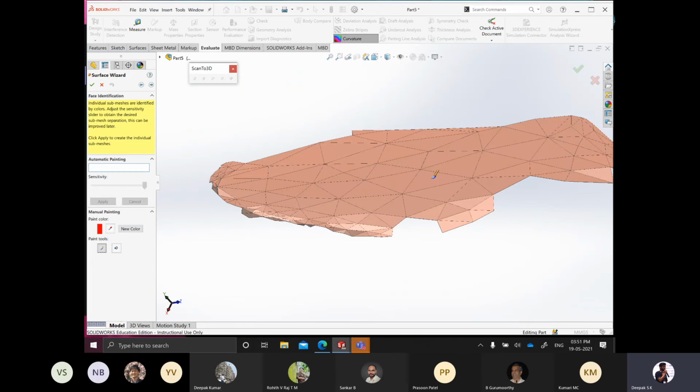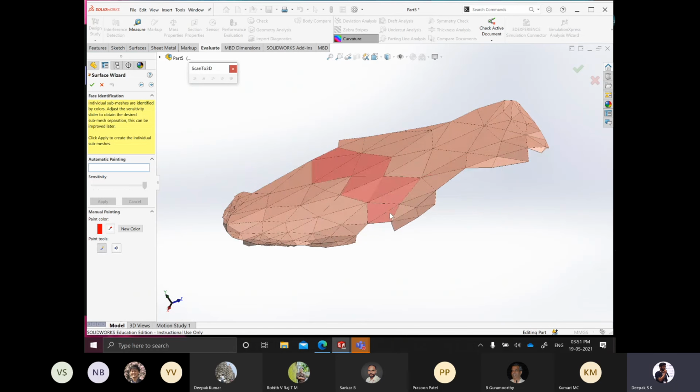You just go to paint tools and separate one set of patches here in this color. This doesn't make sense here because everything can be made into a single operation. But imagine, in case you have a small depression here, then you know that the depression is being created by a separate production operation, like it is being either stamped or it is happening at later stages. So you can put a separate color there to show that you shouldn't do these surfaces together; they are different. So create the surfaces first, and then this surface is getting created later.